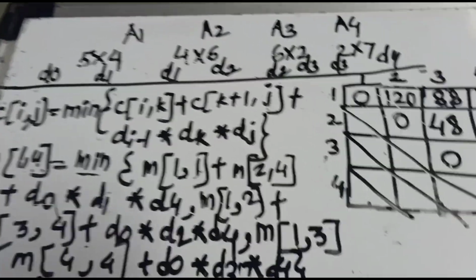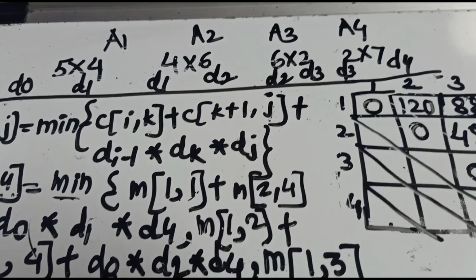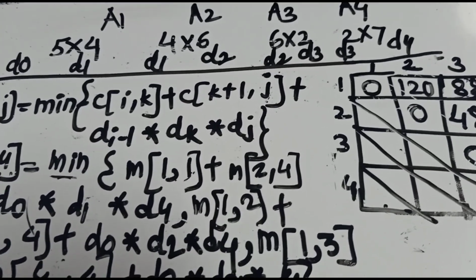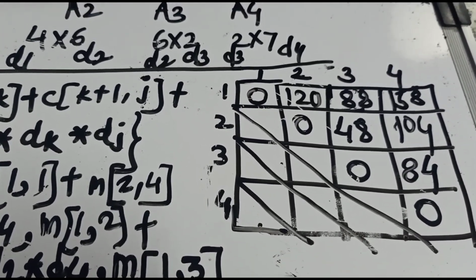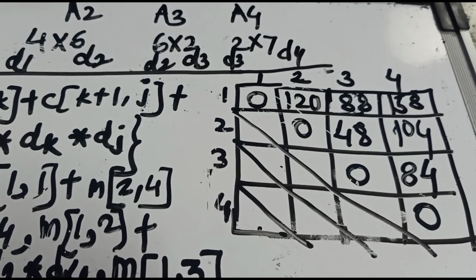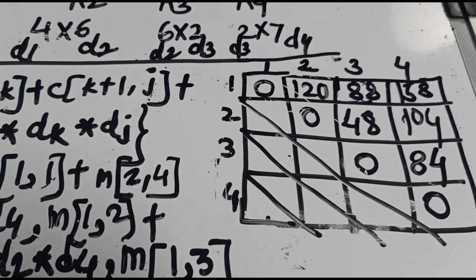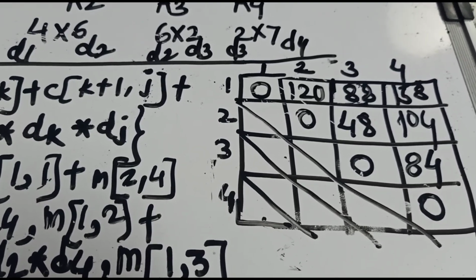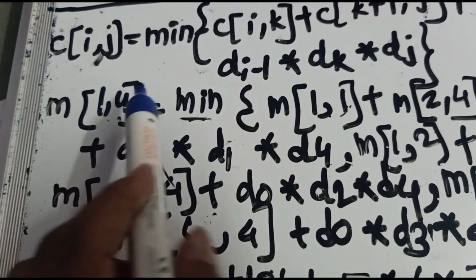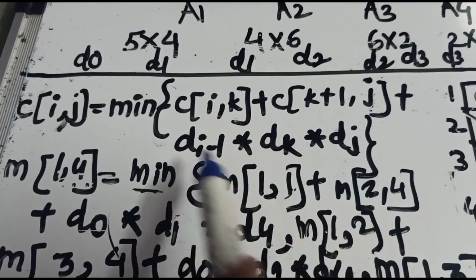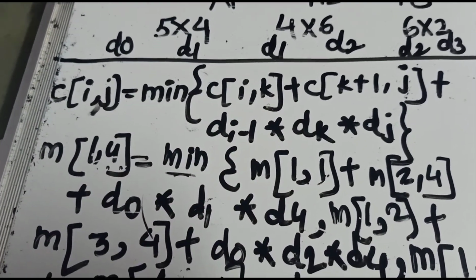Let's take a short revision. What exactly have we done? We were given 4 matrices and their dimensions. As we are using dynamic programming, we construct a table. The number of rows equals the number of matrices, 4, and the number of columns is also 4. Then we update each and every value. We have seen how we calculated the values. Only for the last value, where I require all the matrices together, I use this particular formula, which we have already seen how to devise.